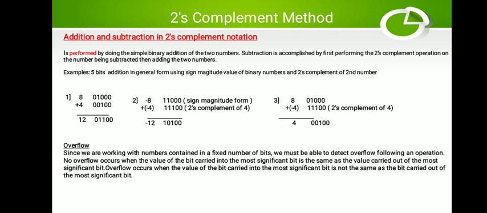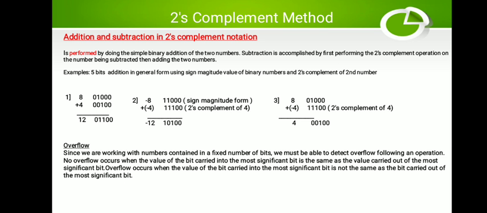Now take the third case. In the third case, we are carrying out greater minus smaller, that is 8 minus 4. So here 8 is not a negative number. Whatever you are going to do in 1's complement or 2's complement, always we are going to find the complement of the second number. Our second number is what? 4. So 4's 2's complement we have already seen in the second problem. It will be equal to 1 1 1 0 0. Then add directly to 8.